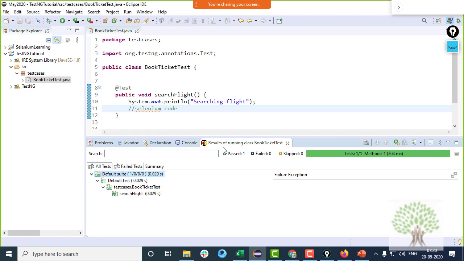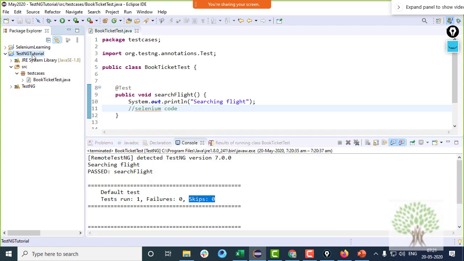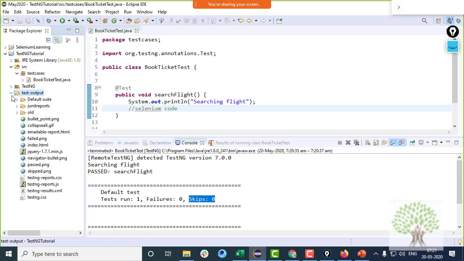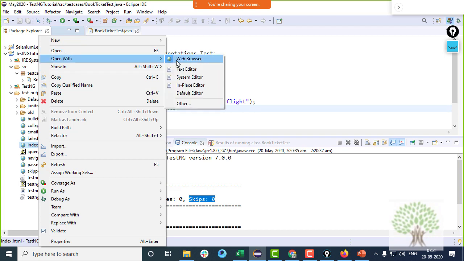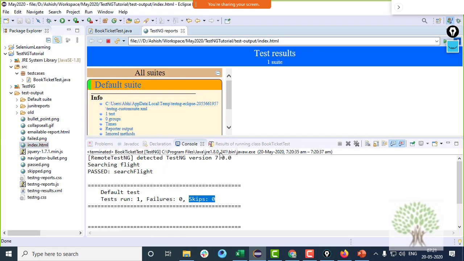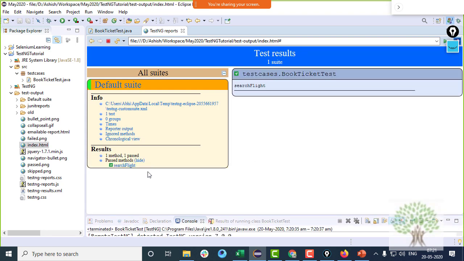Okay, it also gives you the results in the form of this graphical format. And moreover, if you refresh the project, there is a test output folder generated. If I expand this folder, there are many files generated under this. One of the files is index.html, which you can open with maybe a web browser, it will hold the default TestNG reports for the test